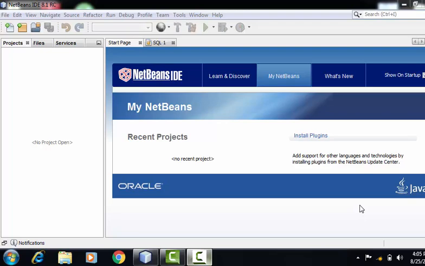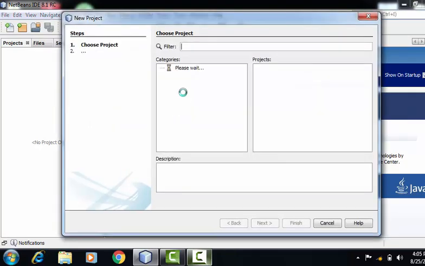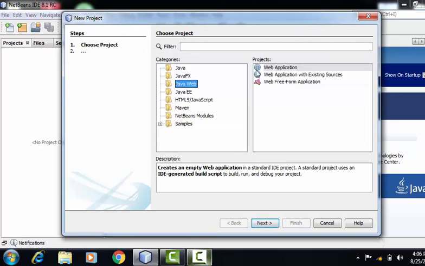Now once my database is ready and a table is created inside it, I can start with the creation of the web application. For that I need to go to File, New Project, Java Web, Web Application, click on Next.